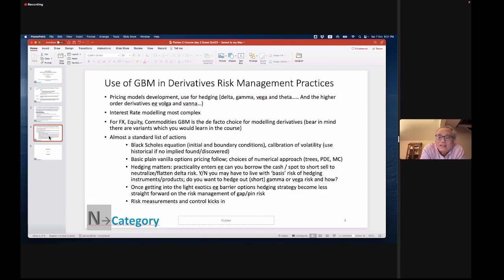So numerically, if you can solve it, and sometimes if you're lucky, like barrier options, you can have semi-analytical solutions with no smile volatility. Then you can make the computation a bit more efficient, right? But I would say it's still the de facto choice when you start. Now, there are more variants of geometric Brownian motion, right? If you look at the Black-Scholes equation, right? Okay, for example,